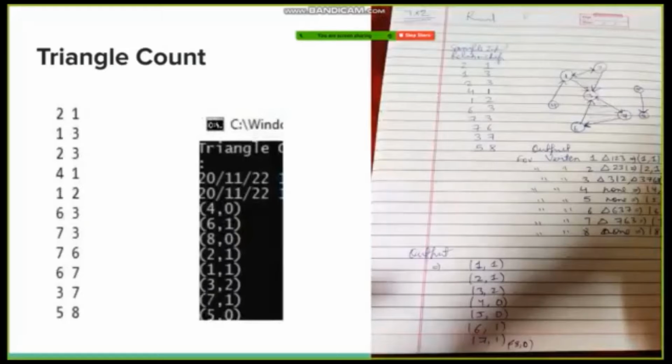So here I have just used a sample case. In this sample case, 2 is a node number and 1 is another node number. So there is an edge from 2 to 1. In this page I have created the graph for this corresponding input, and this is the relationship. The output given by the GraphX algorithm is exactly in the console screen. So the 4 node has zero triangles associated with it.